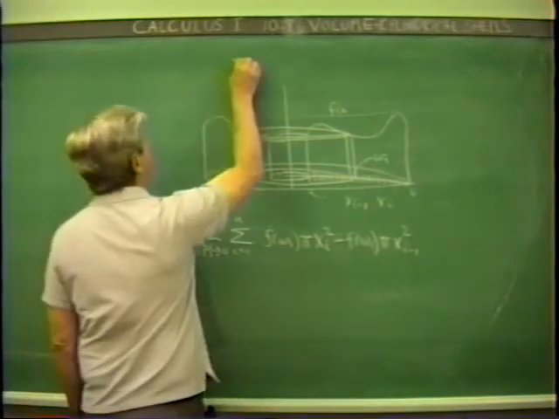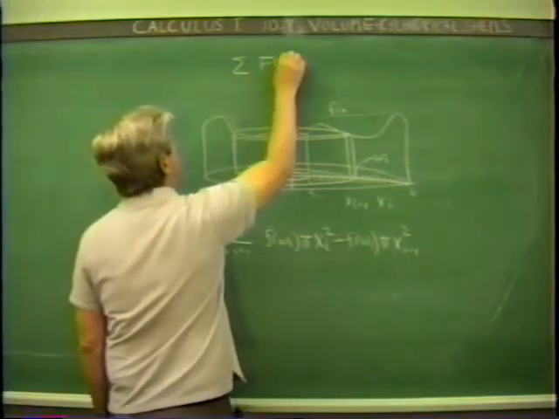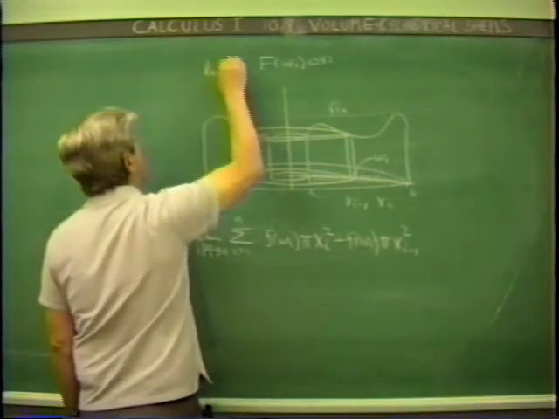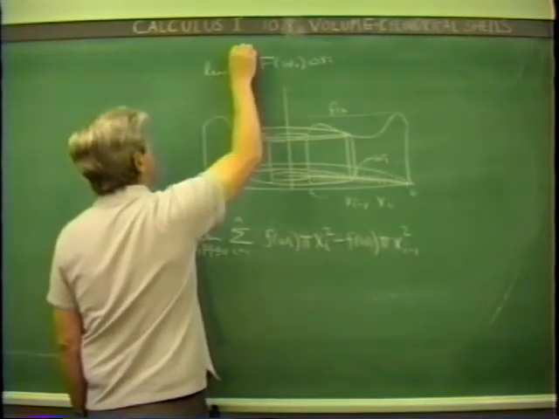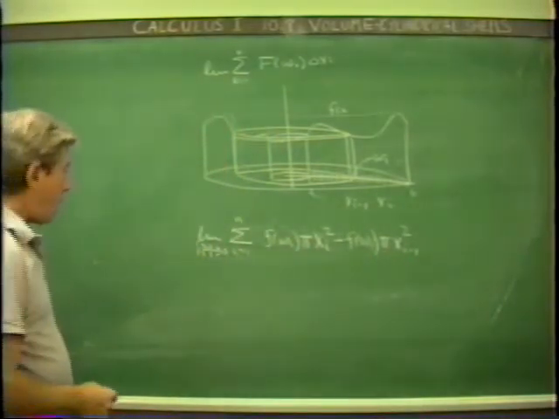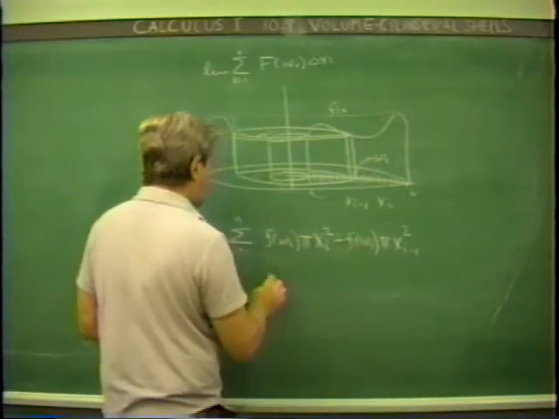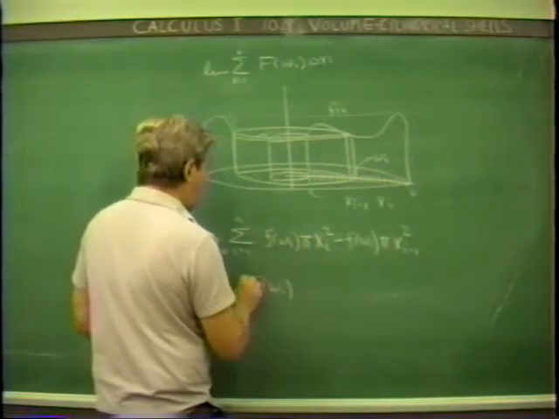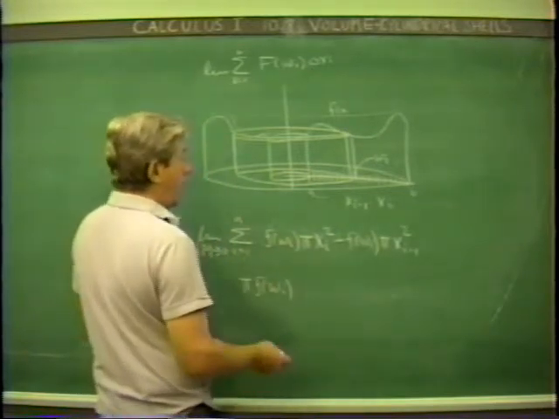However, this does not go over immediately to an integral. We do not have something of the form summation f of wi delta xi and the limit. All right? We want to get something of that form. The way in which we do this is as follows. We factor the f of wi out and the pi,